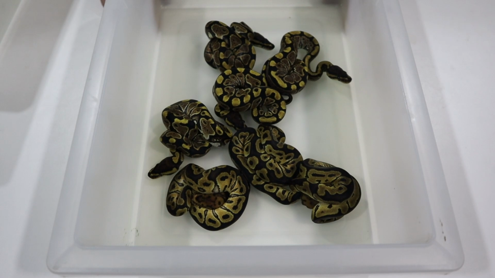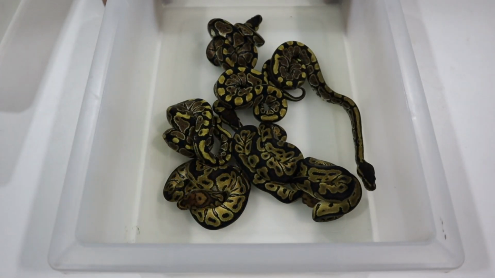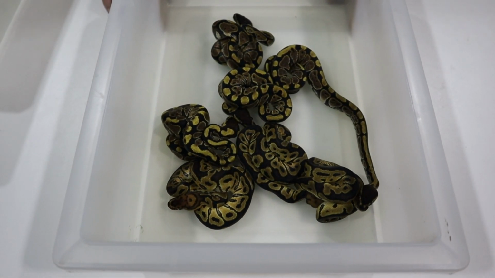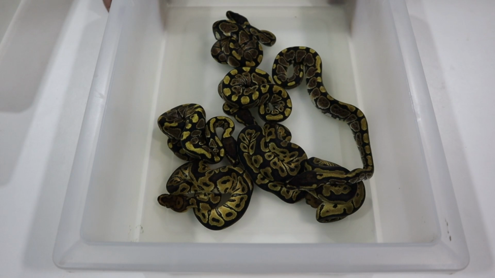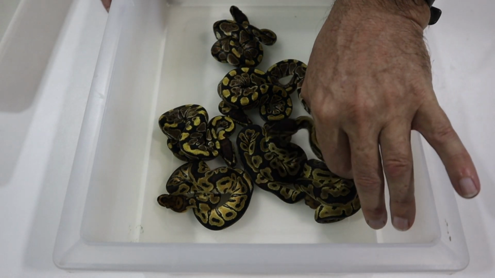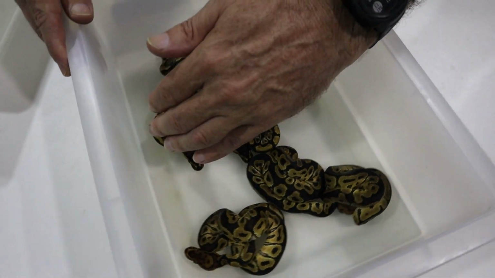Okay, this is the double het Axanthic Clown clutch. We got 3 visual clowns which are 100% het for Axanthic, and we got 4 normal looking snakes which are 100% het for Axanthic and 66% het for clown. So if we have a look at these guys together, you can see